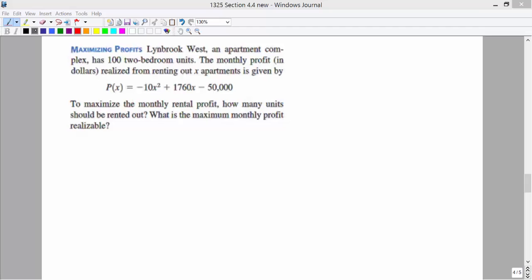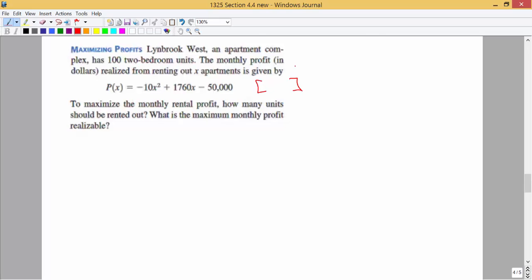For this problem, we want to look at maximizing profits. I want to find the absolute max, but we want to look on a closed interval. So here we're asked to find the maximum profit that can be made on an apartment complex that has 100